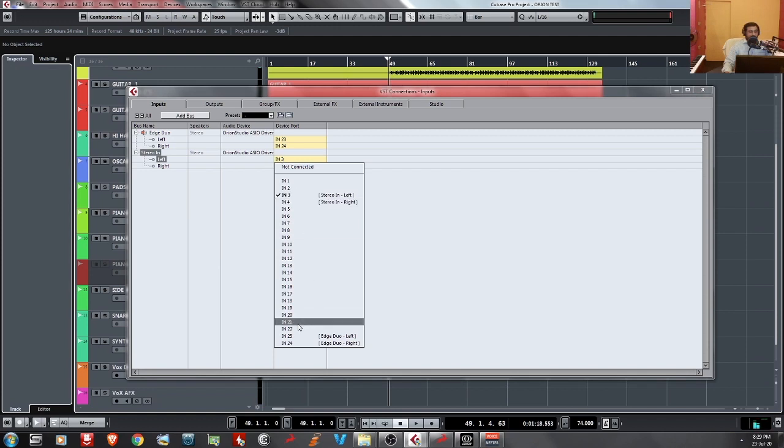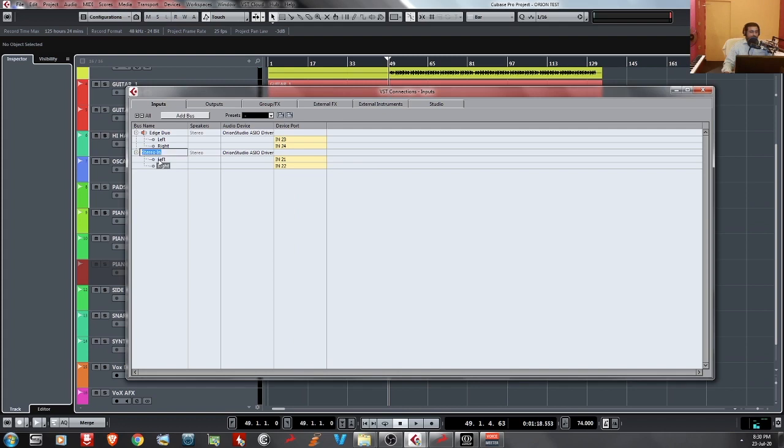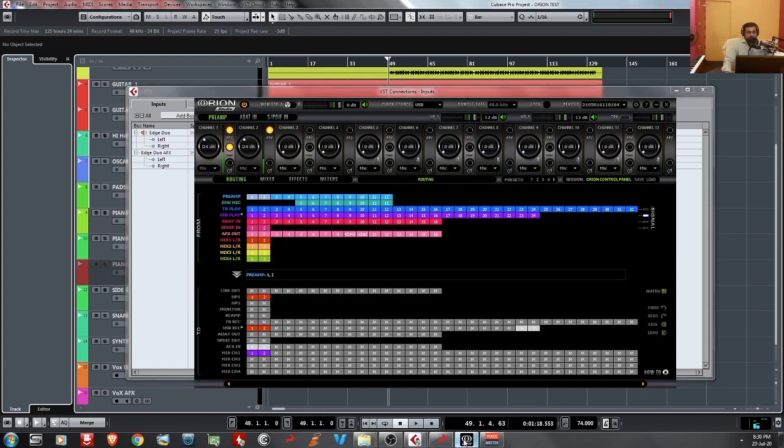Okay, now I am selecting 21 and 22. So USB record 21 and 22, and I am renaming this to AFX. So this is the microphone signal with AFX. Now in the control panel we have to route the AFX out 1 and 2. So once again our preamp signals are going into the AFX in 1 and 2. After processing the signal, it will come back to the AFX out 1 and 2, and I am just dragging and dropping the signal to the USB record 21 and 22.